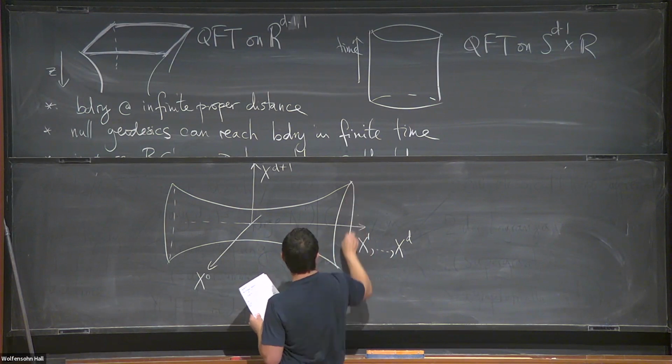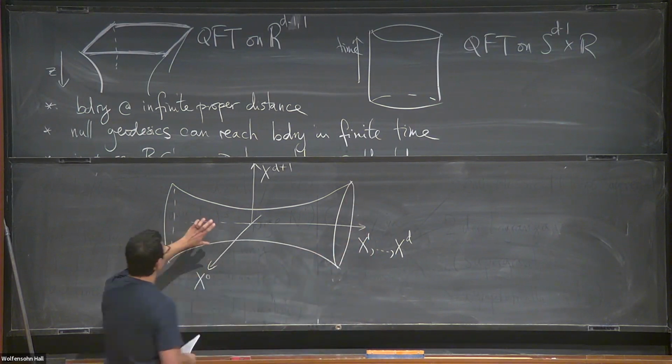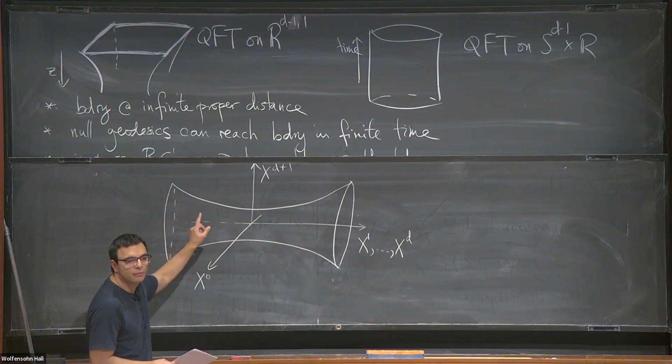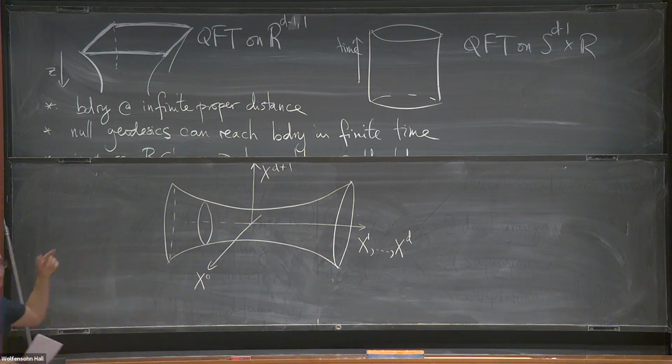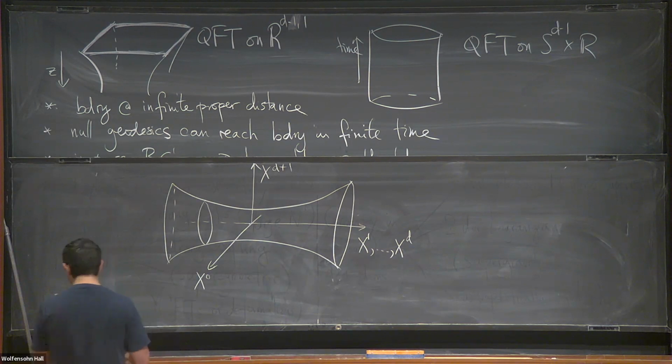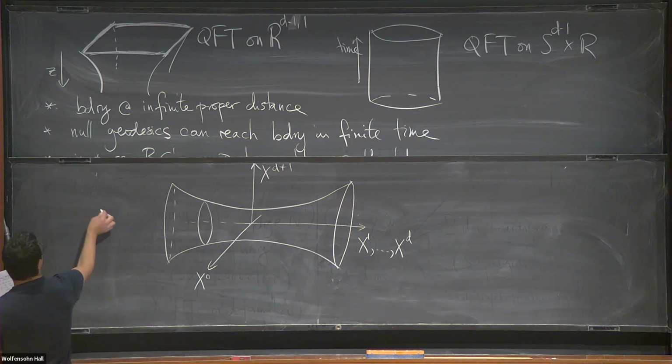The problem is that these are the two time-like directions. So if you go around the hyperboloid over here, this is a closed time-like curve. So global AdS space is taken to not be the hyperboloid, but to be the covering space of the hyperboloid, so that it doesn't have closed time-like curves.